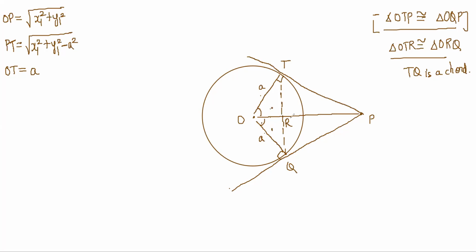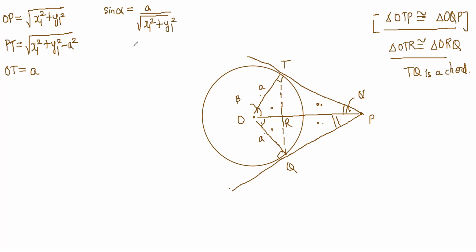So obviously the big triangle was congruent and the small triangle is congruent, so this triangle is also congruent, right? Basically it is divided into multiple congruent triangles, right? You also know that this is equal to this, right? So let's get a sense of these angles. Let's call this angle alpha and this angle beta, right? So sine alpha will be equal to perpendicular A by hypotenuse OP, right?